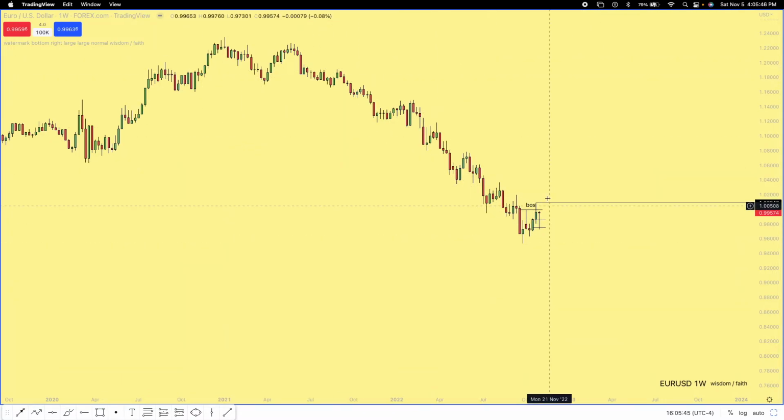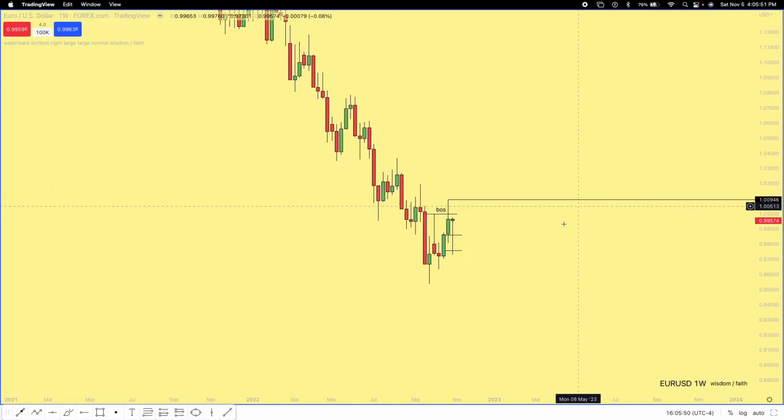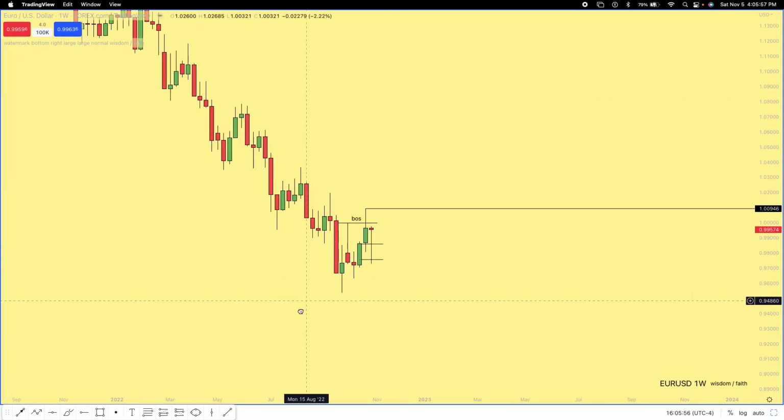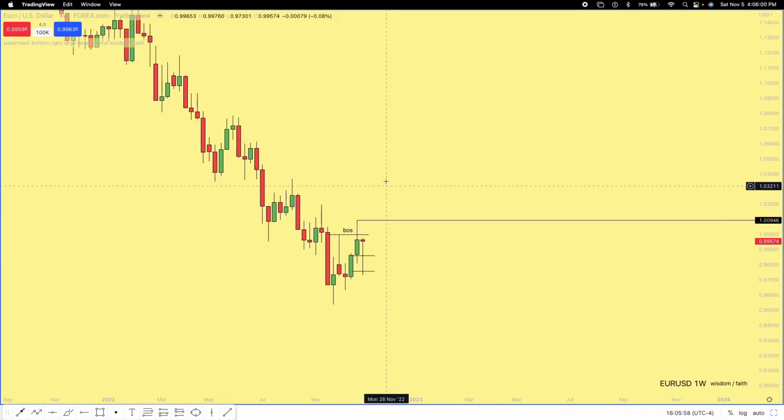The likelihood of price just continuing to fall off, that must mean we have some major economic news. And going into next week, we don't really have a lot of economic news. So that's why I'm very confident that we probably see the low of the week made, and we start to see a rally higher to go for buy side.